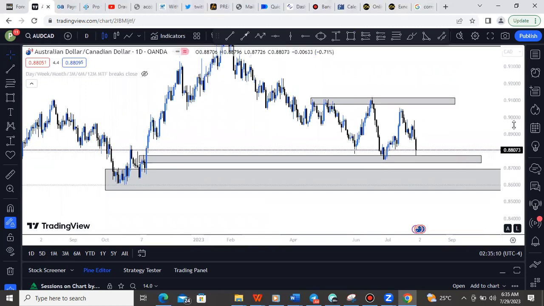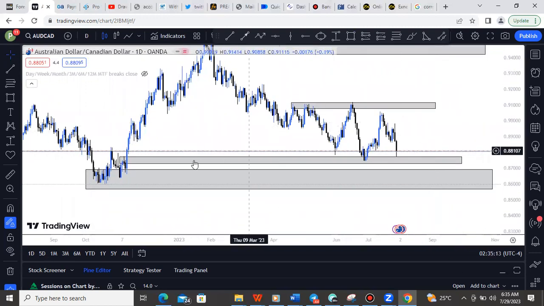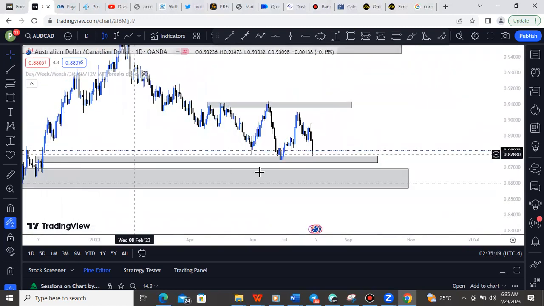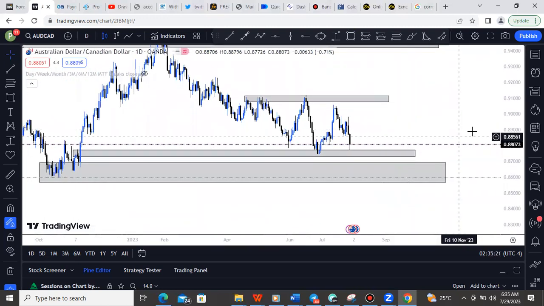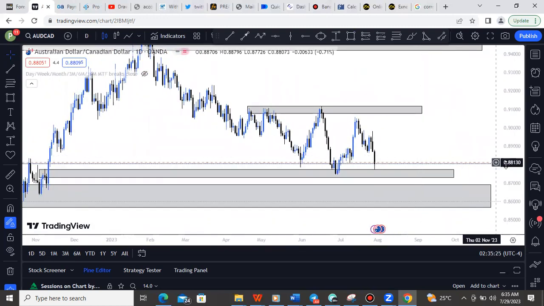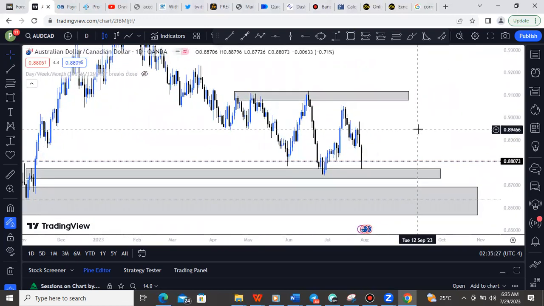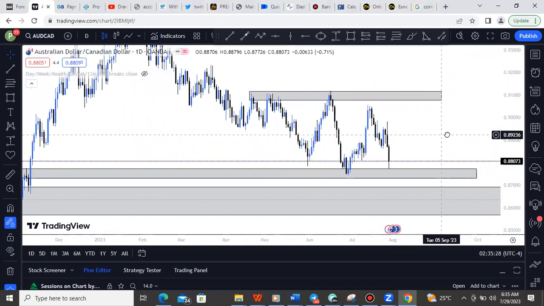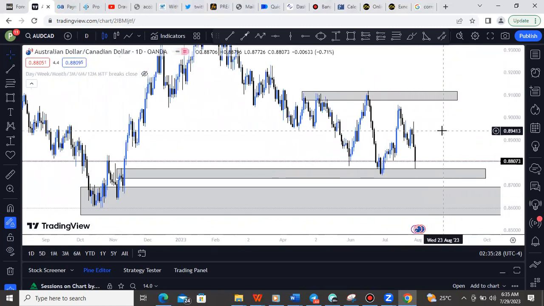So you can see that this is a zone over here, and it's also a zone over here. So maybe I'm done drawing all my zones. Then one key thing that I would also like to do is to go to